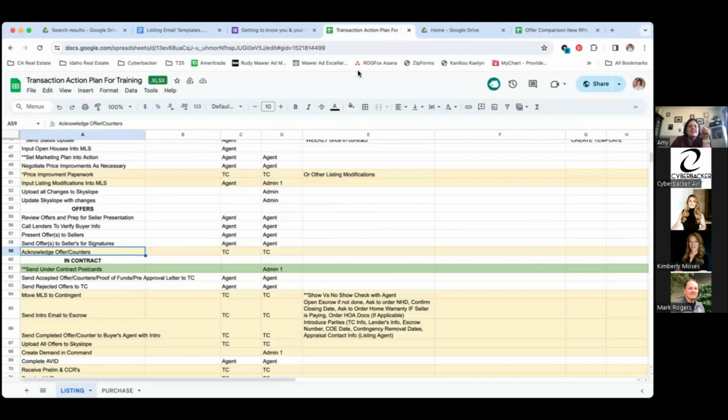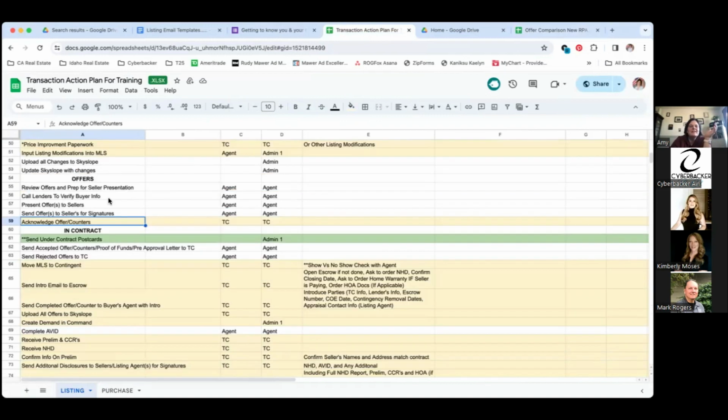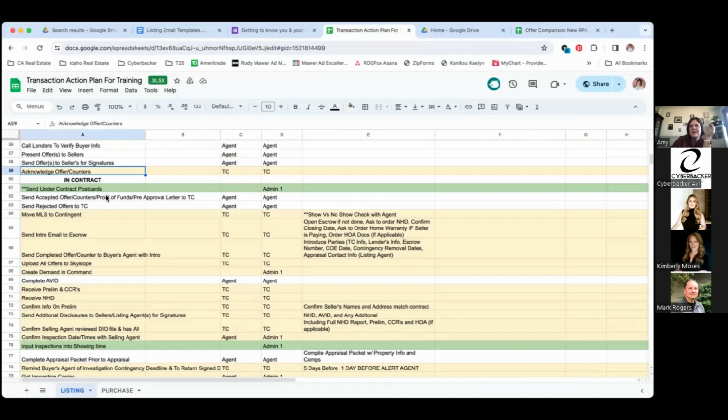All right, fabulous. Then we are officially in contract. Now it's time to send those under contract postcards out. The goal is to send them to the same people that you sent the just listed to. And the good news and the goal here is to share the story, right? Not just, oh, we're under contract or accepted offer. They'll be like, why'd you send this to me? But you're going to say, accepted offer in 3 days, multiple offers received, offer accepted above asking,